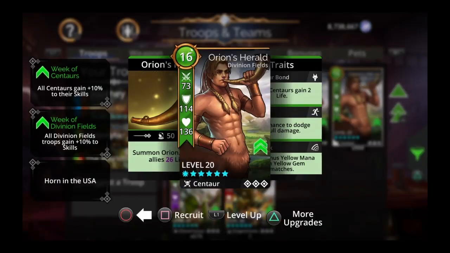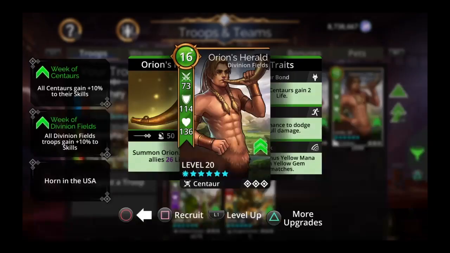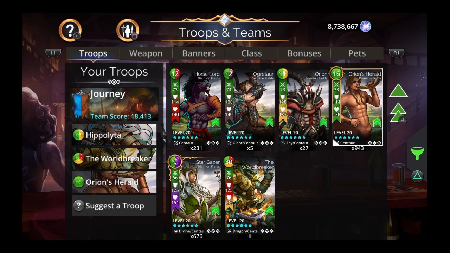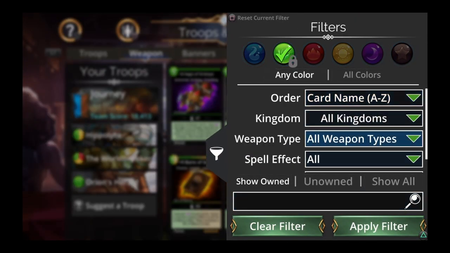I think this troop over here is pretty nice even for the late level teams, and especially for the late level teams. Orion's Herald summons Orion as a meat shield and then gives all allies some life as well. So let's just slap him on the team too. And we also need a hero, so I'm thinking,